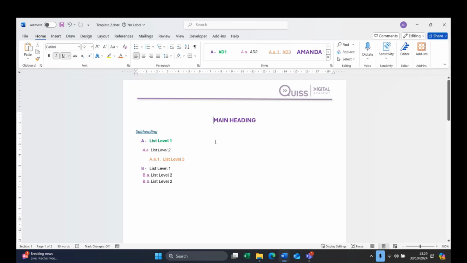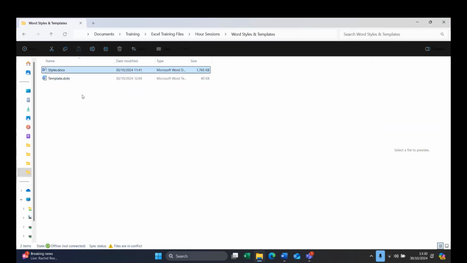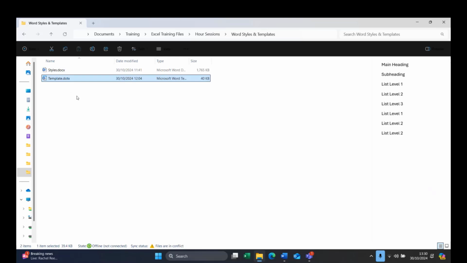I don't want this text in my template, so I can just delete it. And that one as well. But this document should now have all of those template styles already in them, and I can see them up at the top. So I could save that now, and then when I close it and reopen it,